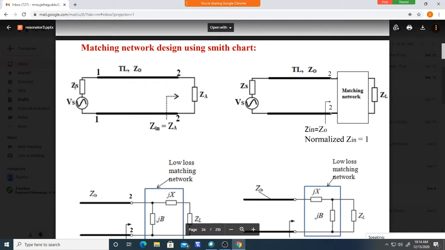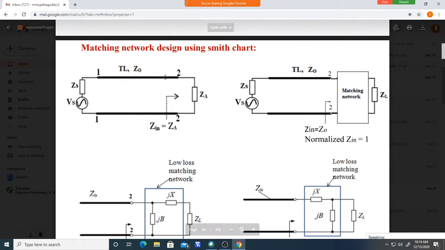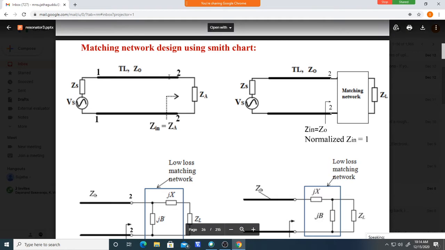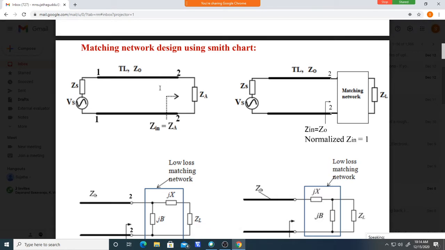So here the source impedance is ZS, and Z0 is the characteristic impedance of the transmission line. See here, this is a transmission line. It doesn't behave like a simple short circuit, as we studied in the previous semester. There is a dissipation of power, there is attenuation, there is a phase shift. All those will happen over a transmission line, as we studied in the previous